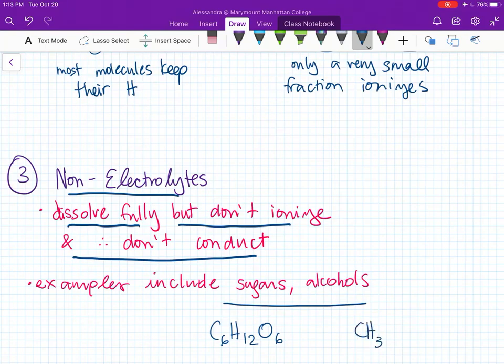Alcohols, for example, ethanol, CH3CH2OH. This is a very polar molecule, so it will dissolve in water, but it does not ionize. It keeps its proton, and an alcohol solution will be